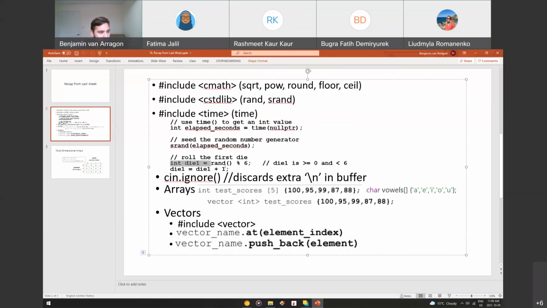And then what we did was we rolled a dice, modulus 6, and then added 1 because it was from 0 to 5, so then we made it 1 to 6. Cool. We also discussed the cin.ignore method or function that discards the extra new line character in